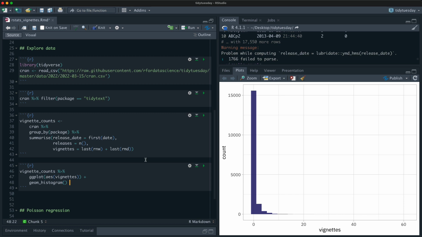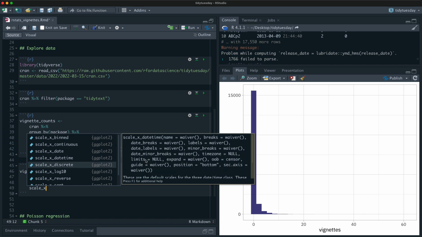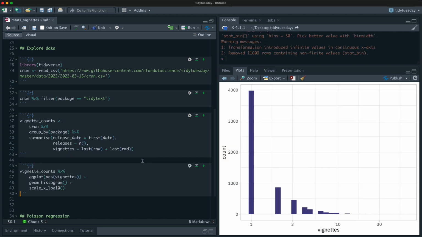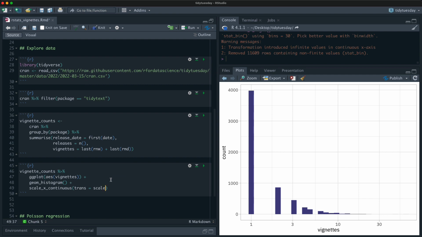We could do something like scale x log 10, but all those zeros, right? It's going to just take away the zeros, and that's really not what we want to do. You could add 1 to it, but 1 is kind of an important number. So one thing I like to do when I'm in this situation is to use something from the scales package. It's called